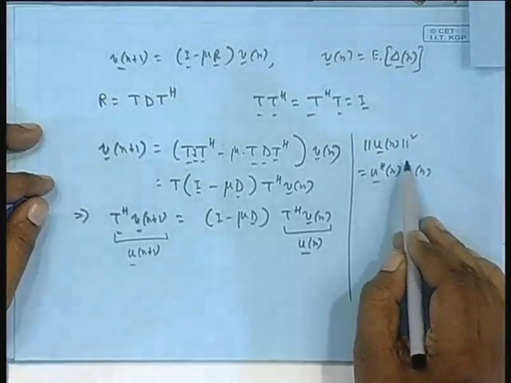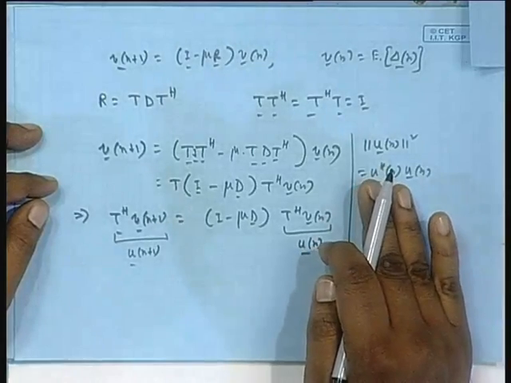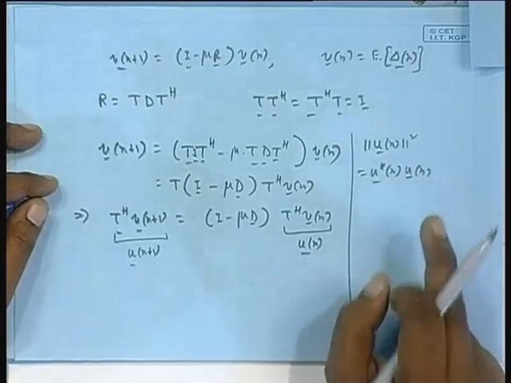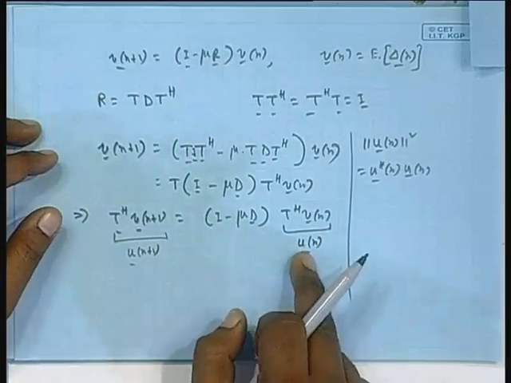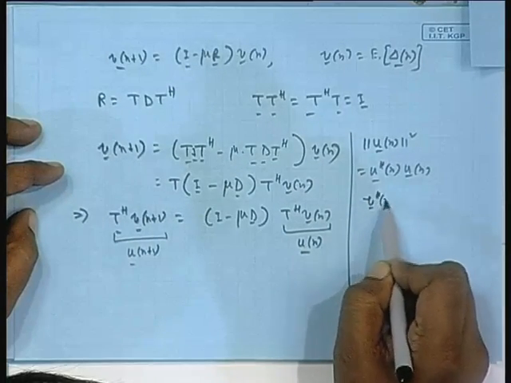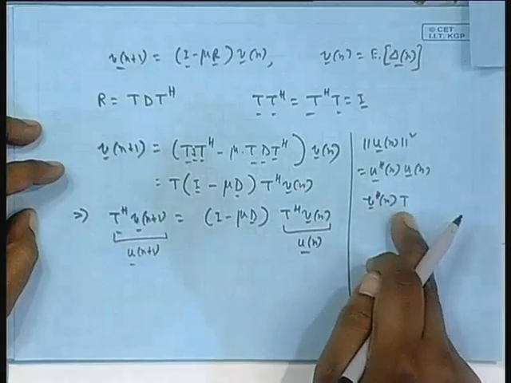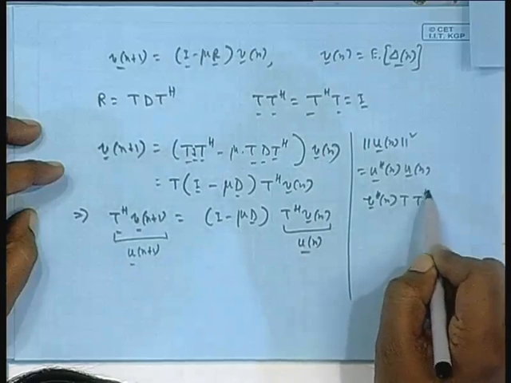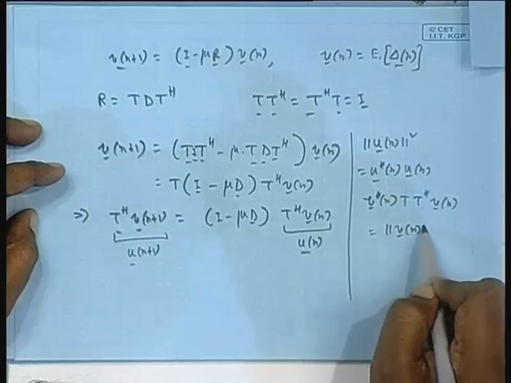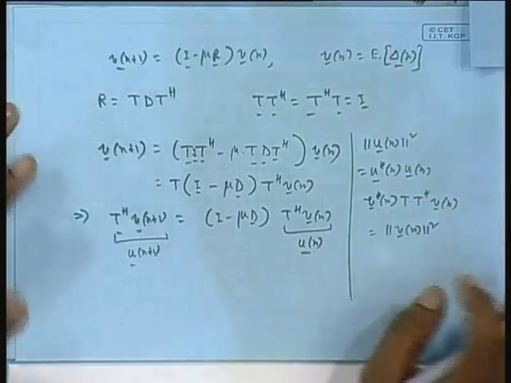Norm square of U n, you will understand this, isn't it? Any vector's norm square is the vector Hermitian times the vector itself. So, mod square of the first term, mod square of the second term, mod square of the third term, all added. If you put that here, what do you get? If this is U, take the Hermitian, V Hermitian T, and then replace U n with T V n, and this is I, so this is V n again. So, whenever you have one matrix, two vectors related to each other by a unitary operation, their norms are the same.